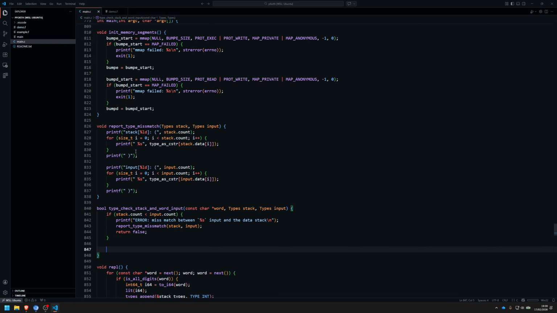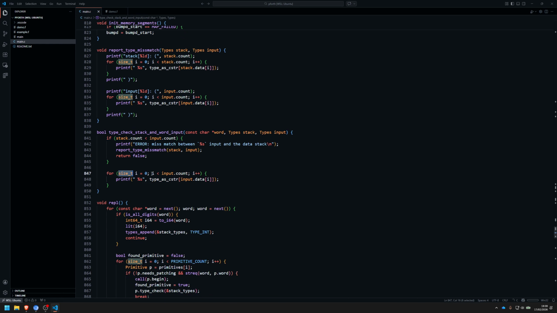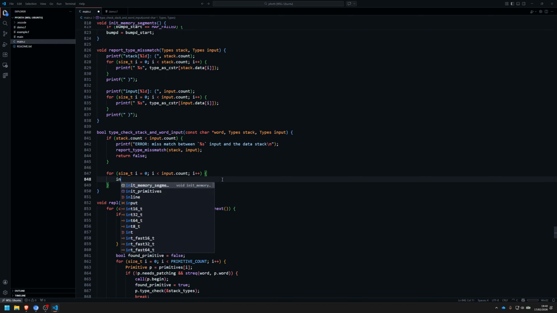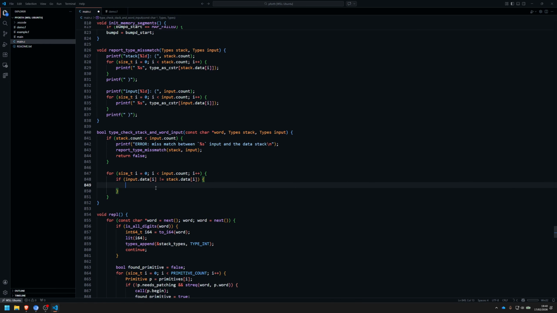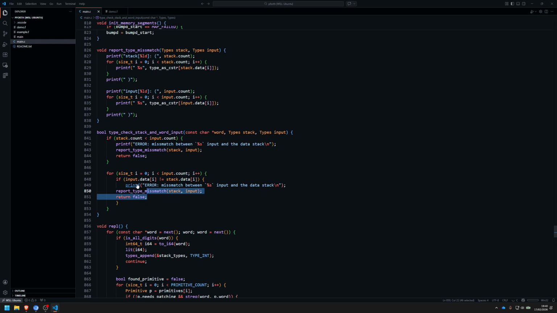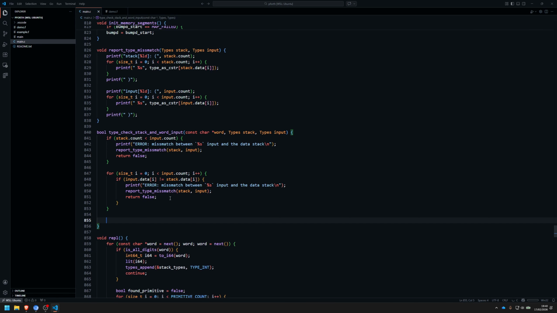Then we know that the stack is at least as big as the inputs. So we can copy this and we can check. If inputs dot data I not equals to stack dot data I, right? If that's not true, we can do the same thing and we can return false. Okay, and then